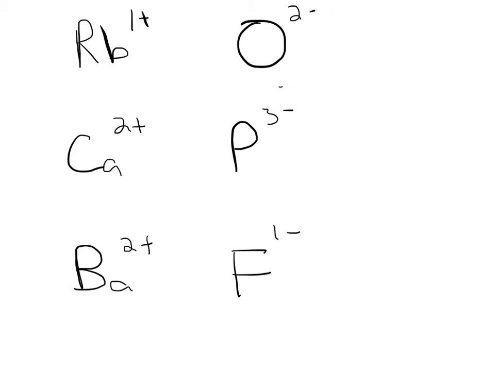Okay. So here we have 3 sets of cations and anions. So the first thing we're going to do is write the formula for each of these. So remember that when an ionic compound forms, it must be neutral. So if we look at this first one, this oxygen has a charge of 2-. So how many of the rubidium ions, because it has a charge, is it going to take to equal the charge of oxygen? You can think of it that way, or you could just do the crisscross method. Bring the 2 down here, bring the 1 down here, and the formula for this is going to be